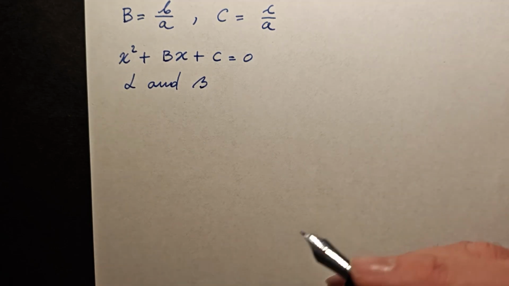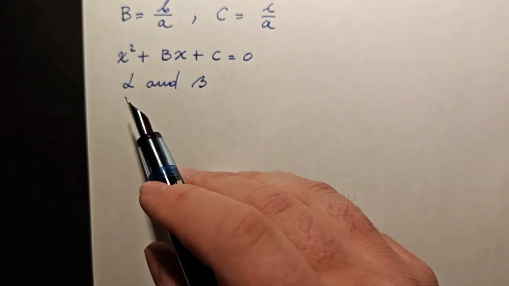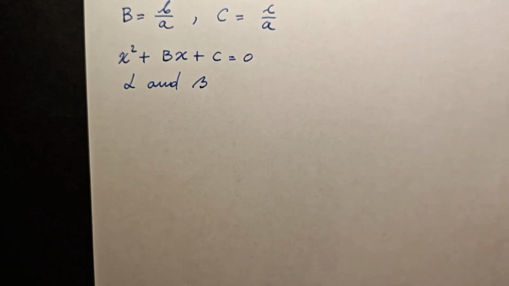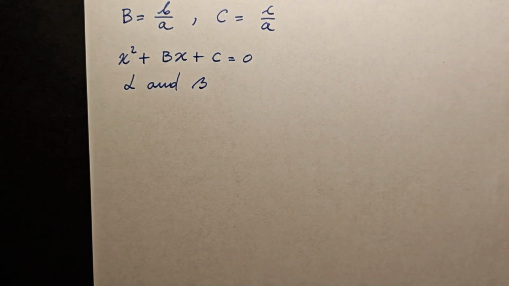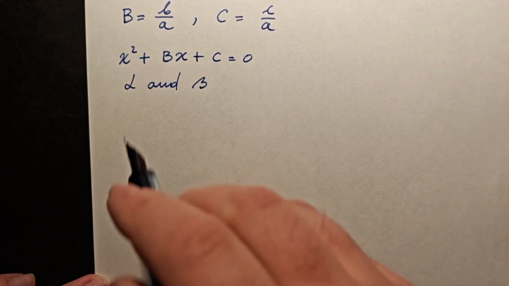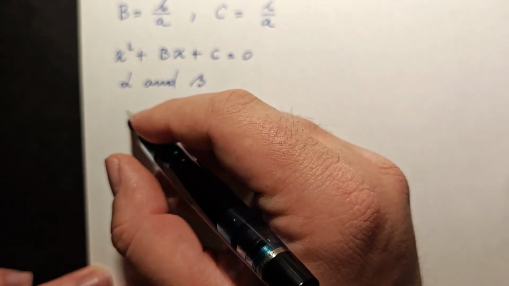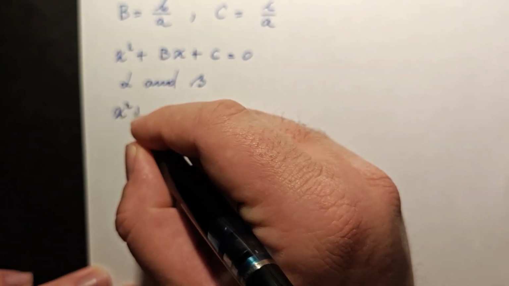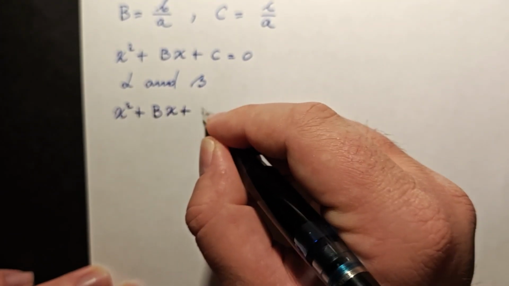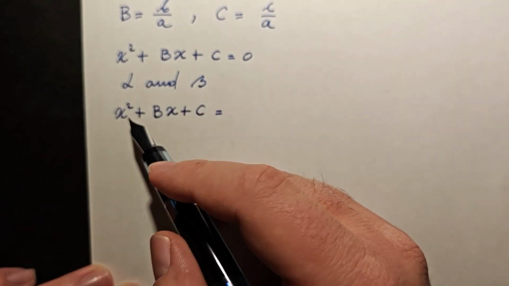We are going to propose that the solutions alpha and beta exist. In order to prove that solutions alpha and beta exist, we have to find them. So if alpha and beta are the solutions, then this polynomial x squared plus bx plus c, which is a polynomial